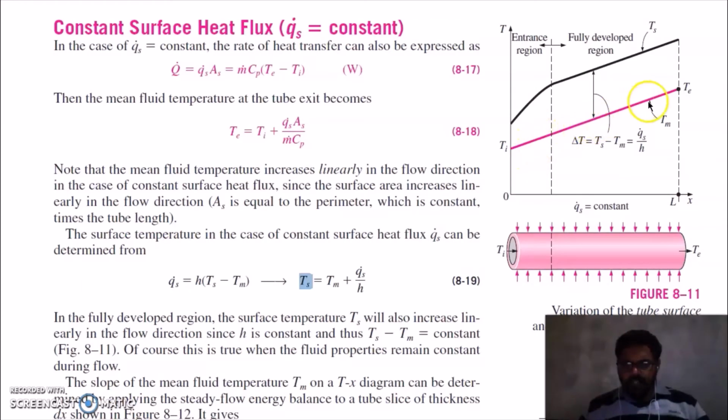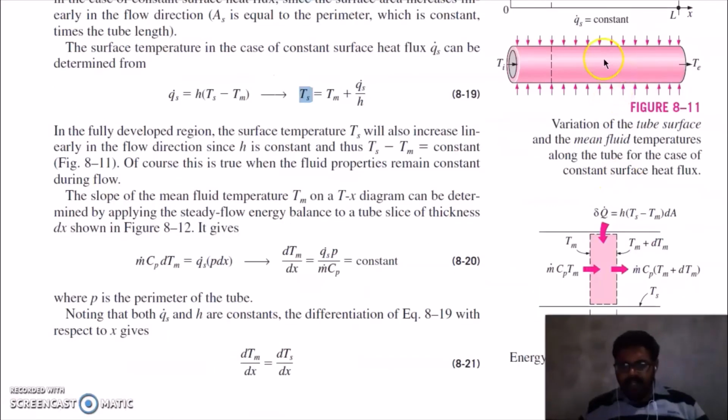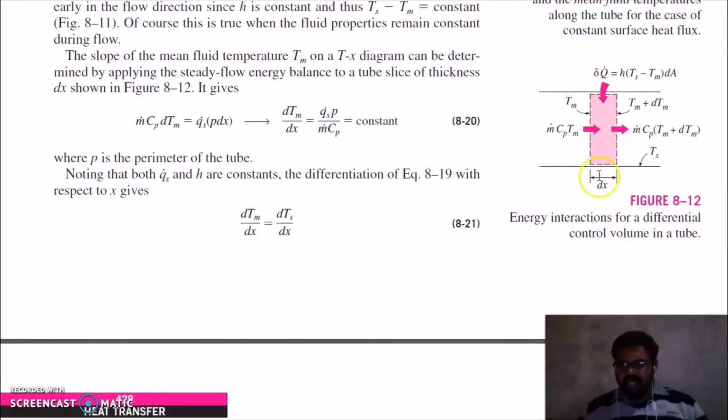The slope of this Tm, you can see this is the slope here, can be determined by applying the steady flow energy balance equation to the tube slice of thickness dx. So let's take a small element of this tube, that is dx here. Apply the energy balance here. So m dot Cp Tm is the fluid inlet, and m dot Cp (Tm plus dTm) is the fluid outlet. So the heat transfer in this element is equal to h into the surface temperature minus the mean temperature of the fluid, into small dA,